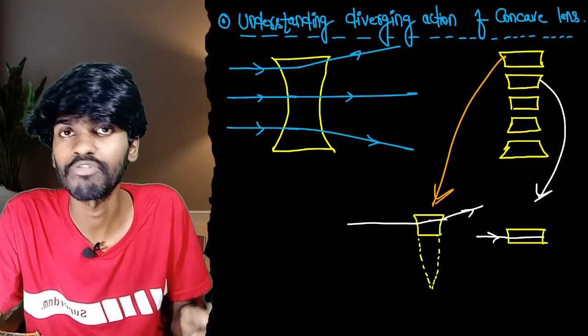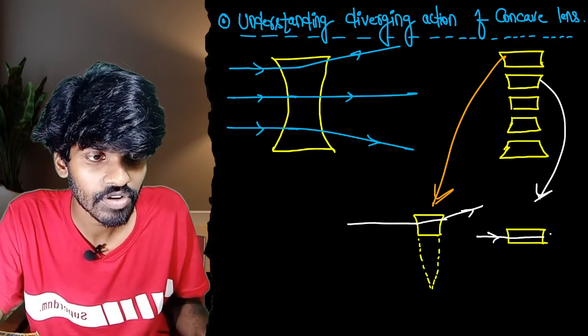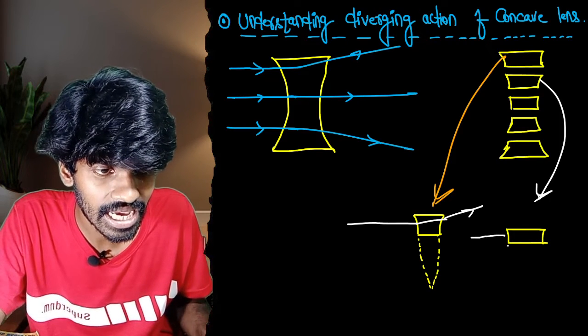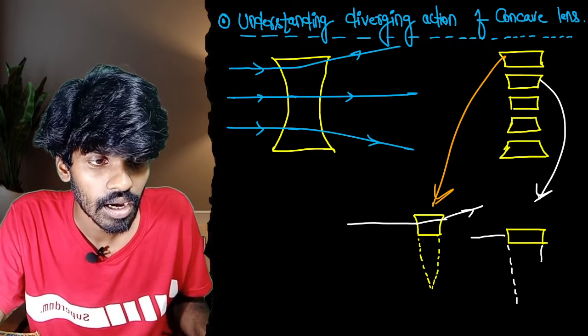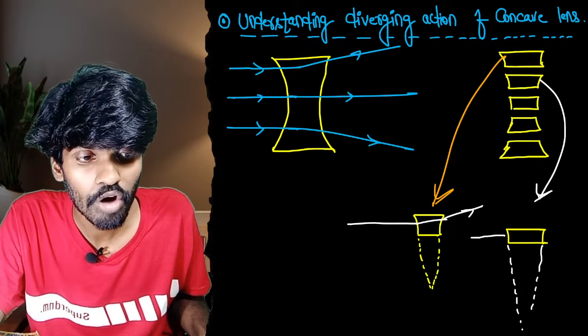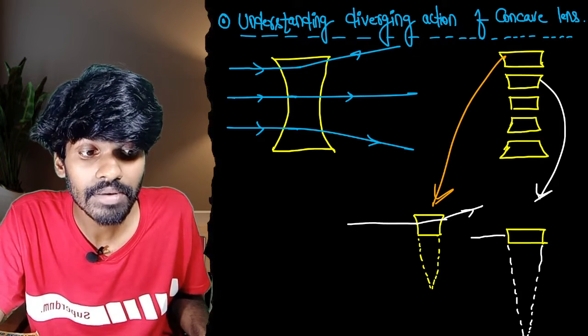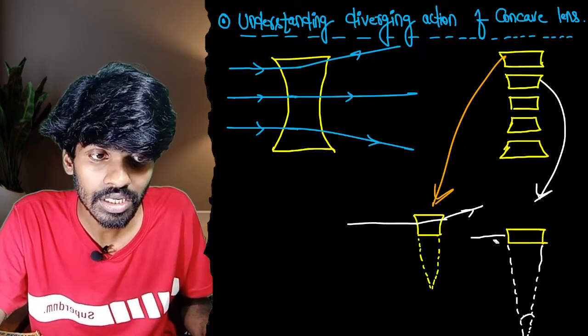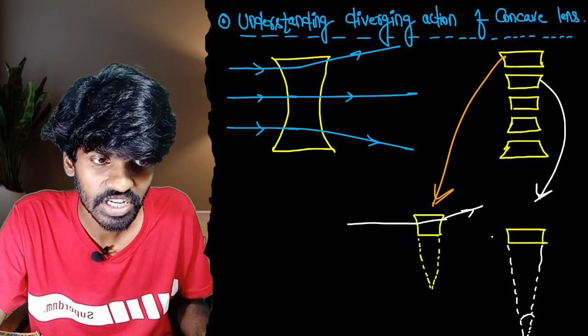Again, it is something like a prism with a little bit lesser angle of prism. So in this situation, less deviation will take place,